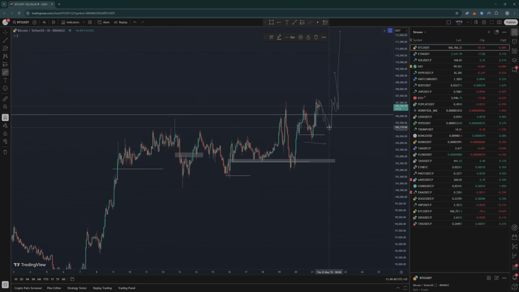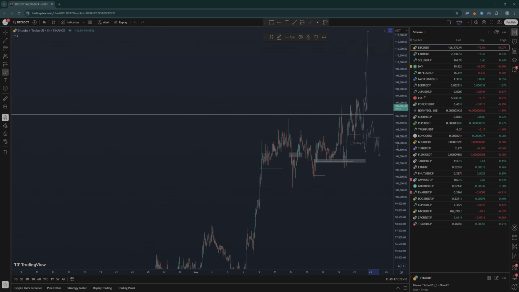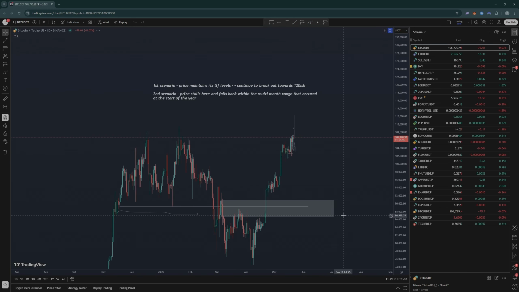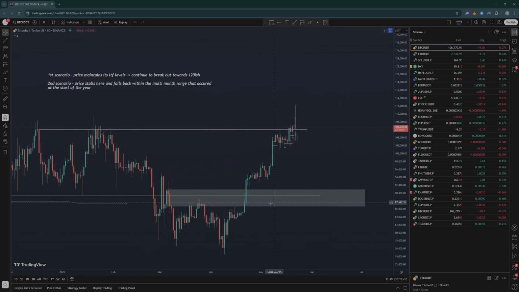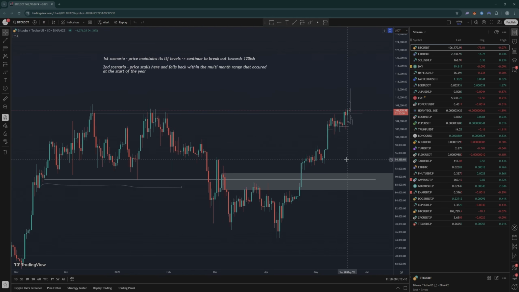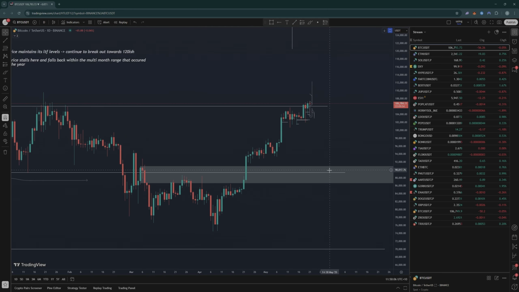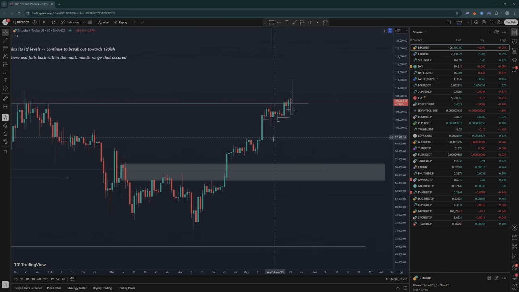However, if we start to get daily closes below here, and then on top of that, more distribution, then we should assume, okay, the second scenario is most likely going to play out. And what does that look like? So we're in an uptrend, definitely, from the monthly, weekly, all the way to the daily. However, an uptrend doesn't mean that we move in a straight vertical line, bro. An uptrend could mean we pause here for a second and start to revisit previous areas of accumulation.